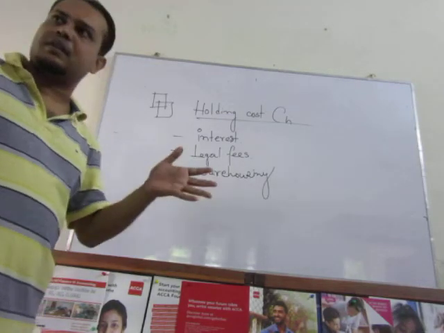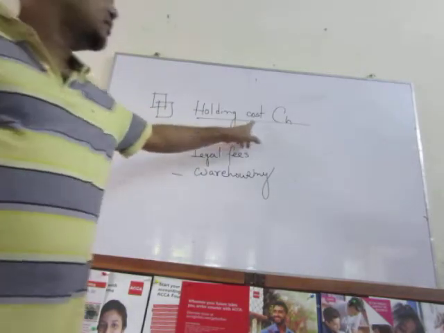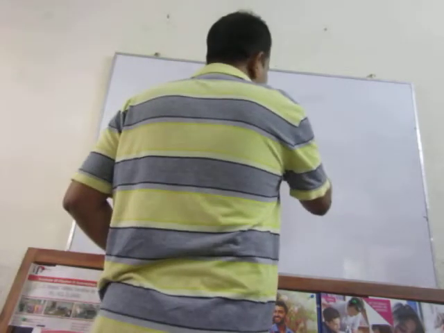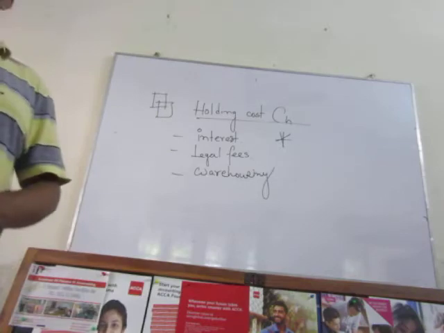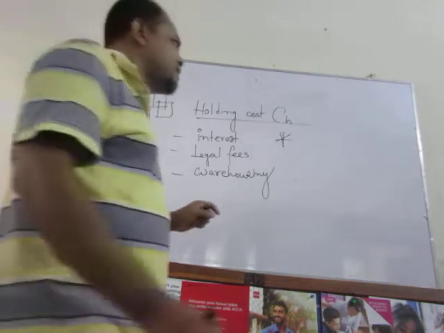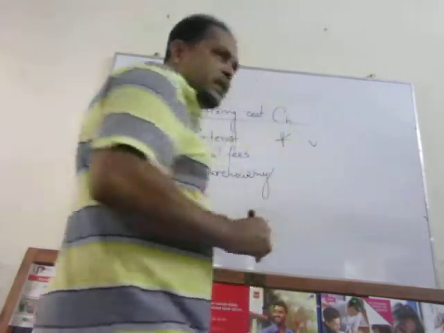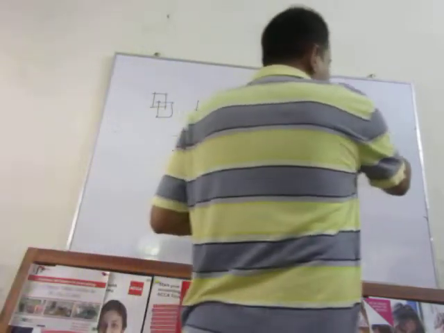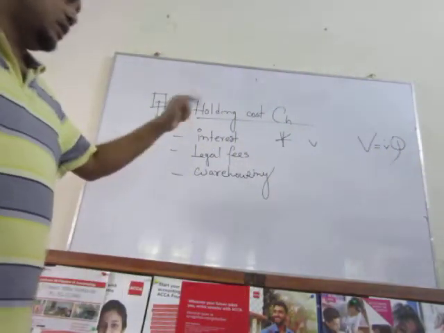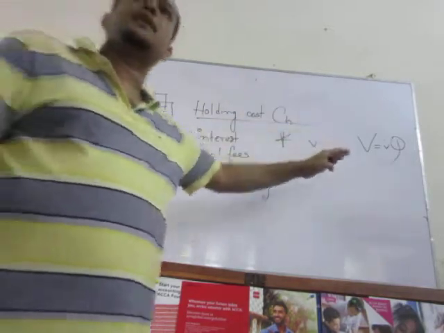When you add all these kinds of cost together, these are the stock holding cost. Now the important thing that you have to memorize is that stock holding cost behaves just like the variable cost. In variable cost discussion, we discussed one is variable cost per unit and another is total variable cost, which is V into Q. Here we have to assume that stock holding cost also behaves just like the variable cost.